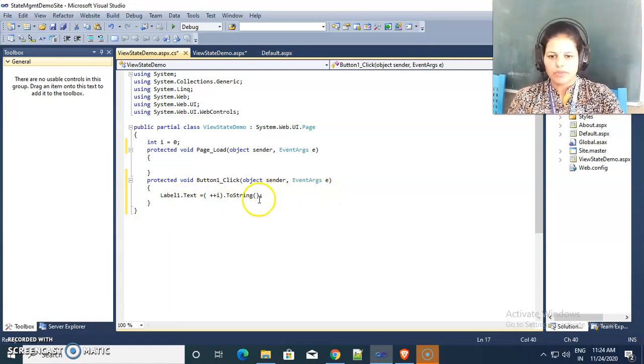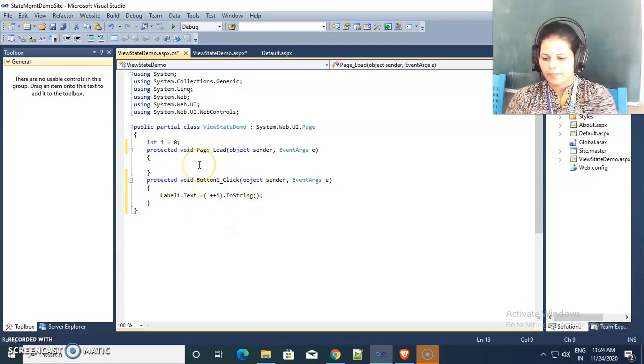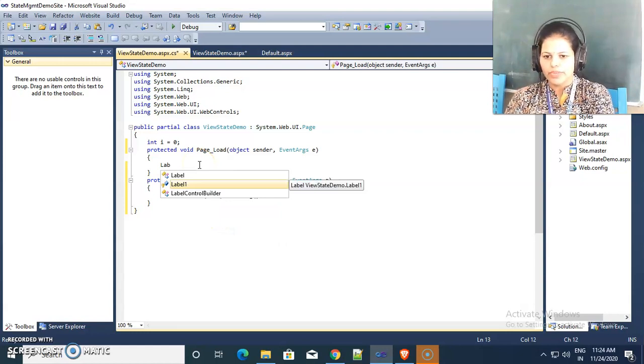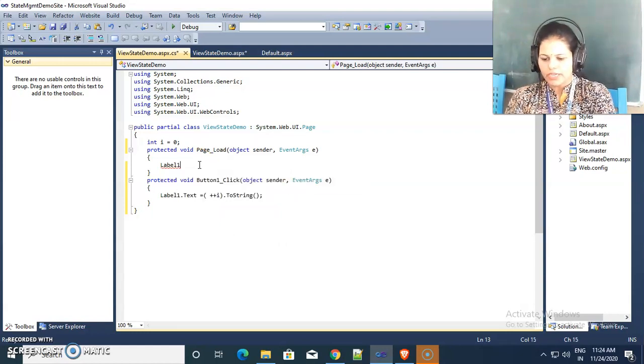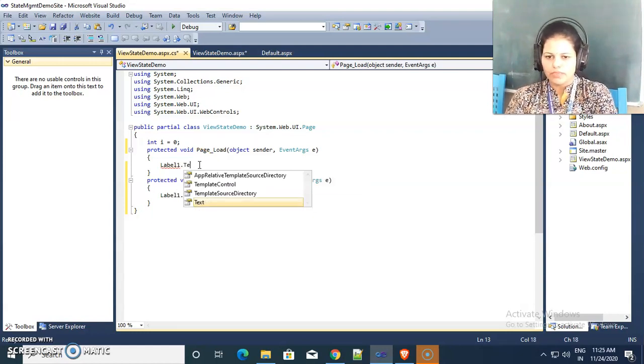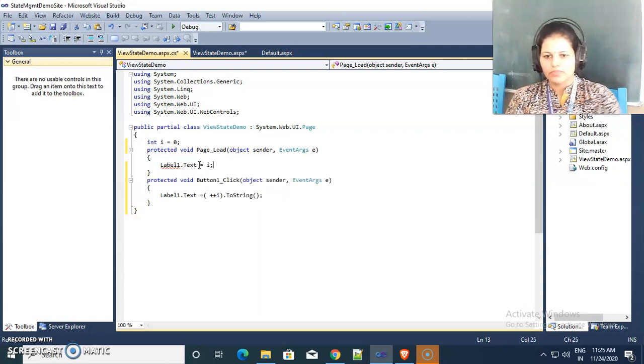So this is my button click code, and after the page is loading, initially I am loading the value of i into that label using i.ToString.